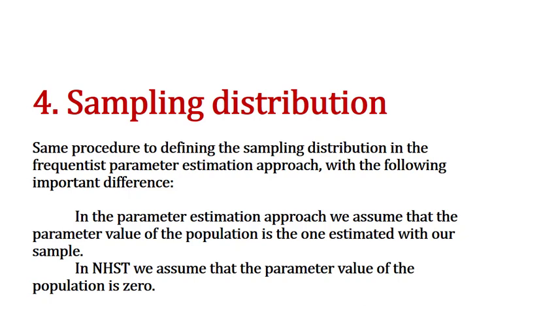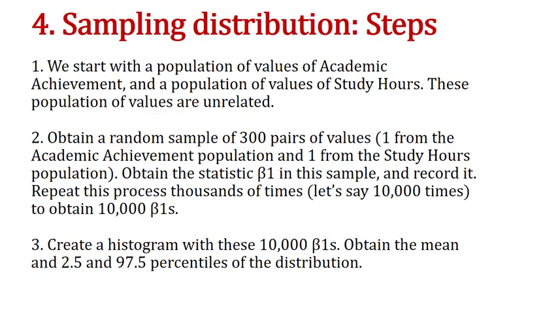So if our hypothesis is that beta 1 is 0, then for the sampling distribution we assume that beta 1 equals 0. And then the sampling distribution could be a normal distribution, could be a binomial, depending on the situation. So in this case we typically use a normal distribution, but I'm going to explain at the end that we can use other distributions. Okay, so